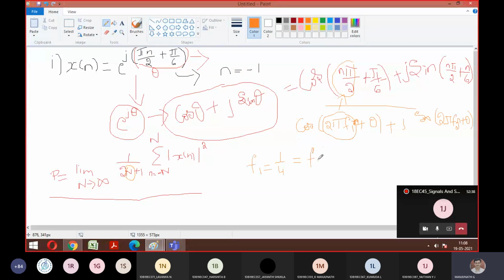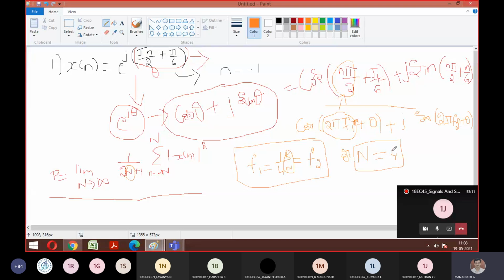So from this, can you tell me what is your capital N now? What is N equal to? 4. It's 4 because we have a ratio K by N. I hope you remember the formula in periodicity. K by capital N was the formula. I'm just equating this. Hence we got N is equal to 4. So from here onwards, can you solve? What is the thing I should get now? Power. So N is equal to 4. You're supposed to apply here.